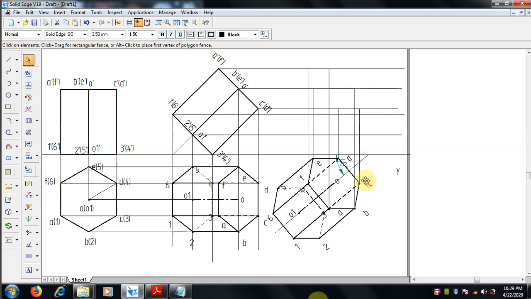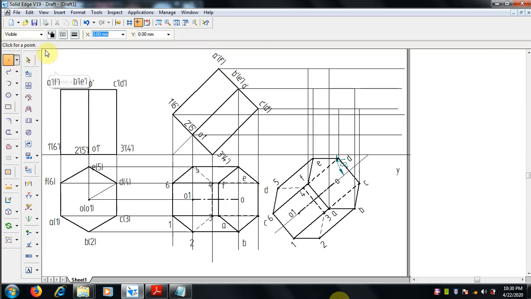It is getting projected. Let me make points for the intersection where it gets intersected.